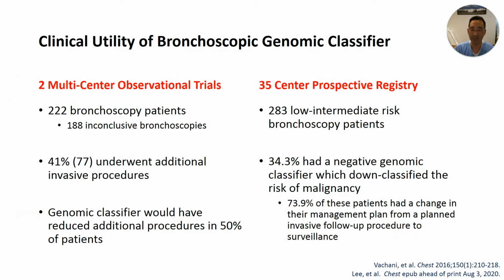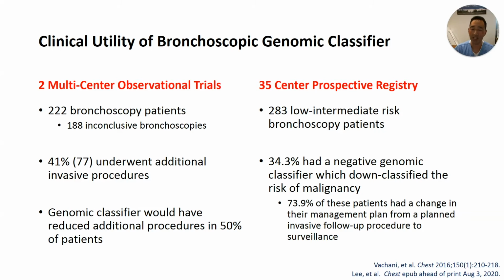These are two different studies that have looked at this, and I want to focus your attention on the right-hand column. This is a study that was just published. It was a registry, a prospective registry from 35 different centers, and they looked at 283 low to intermediate risk bronchoscopy patients who had non-diagnostic procedures. Of that category, about a third, 34% of them, had a negative genomic classifier, which then down-classified their post-test risk